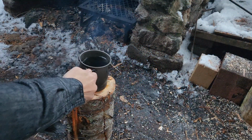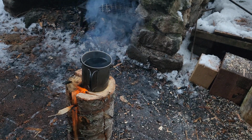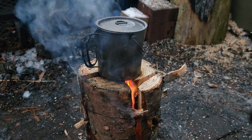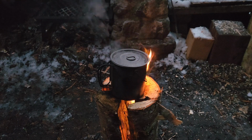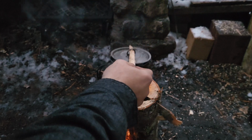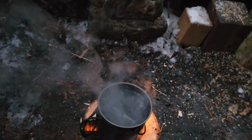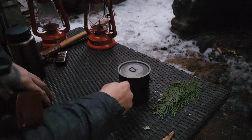So we got our water. Set it on top, let it do its thing. Make sure it's covered, boils faster. And wait. We got our boil. So let's move right along. You want to take your water off of your boil,